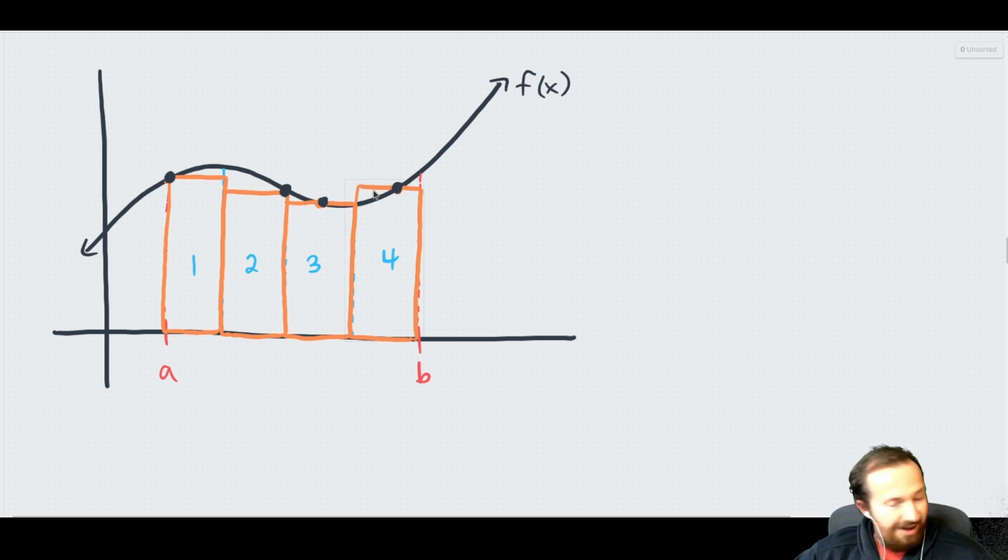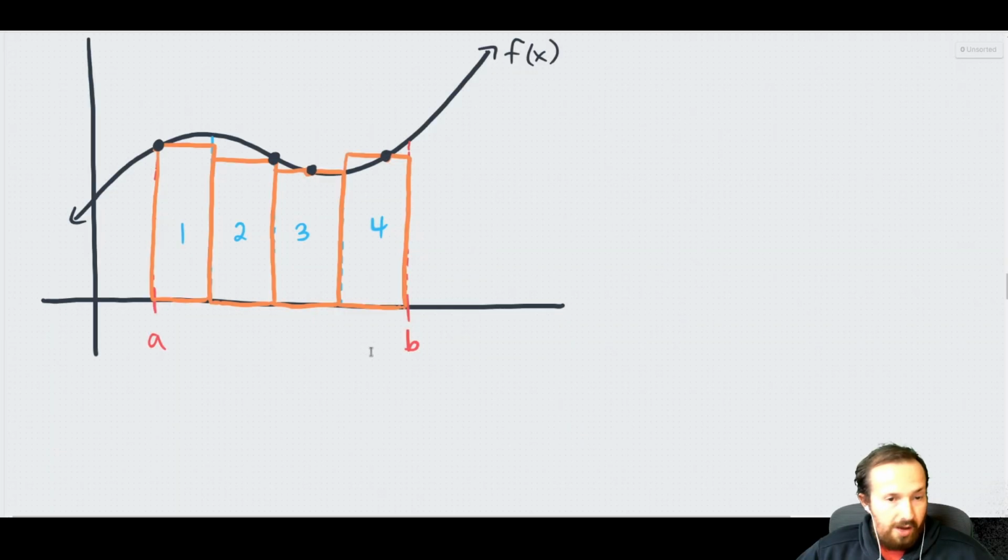Just to be clear, you don't have to choose the same thing for each partition. A lot of students might not know that, but technically, according to the rules, you are allowed to do that. You don't really want to, because it makes your life a little harder when you have to do more thinking, but you can. You can choose whatever is convenient for you when you're finding a Riemann sum, if they don't specify how they want you to find it. Cool. So now that that's set up, let's try to actually approximate the area under the curve